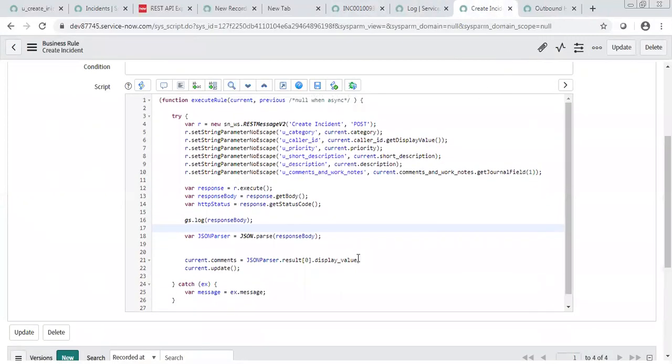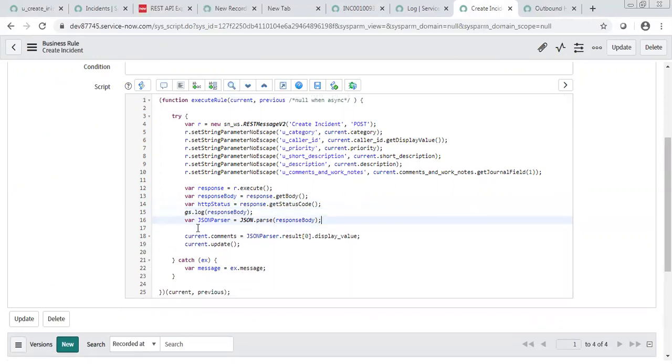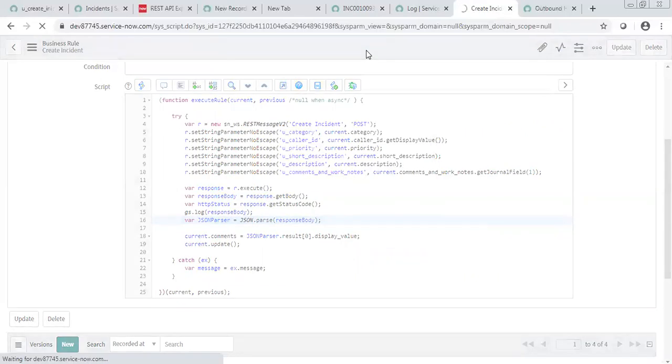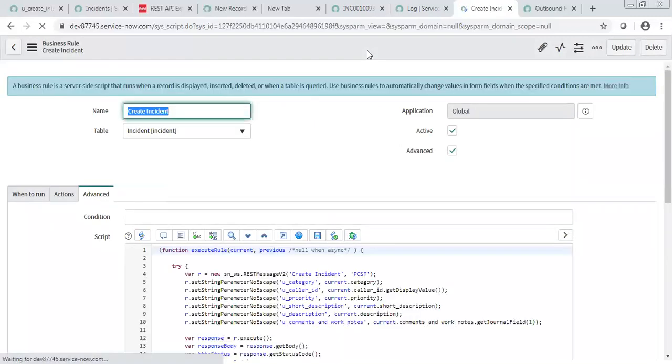That is how you configure outbound in ServiceNow, then read the response and put it in some field, and all those things you can do. Generally for outbound, we need to write this business rule and script. Yeah, outbound you need to write a script. Outbound you need more scripting. Maybe for inbound, if you are doing import set or scripted, then obviously you will be writing scripts for inbound as well. If we did import set, then we have to write an import set script, a transform script.